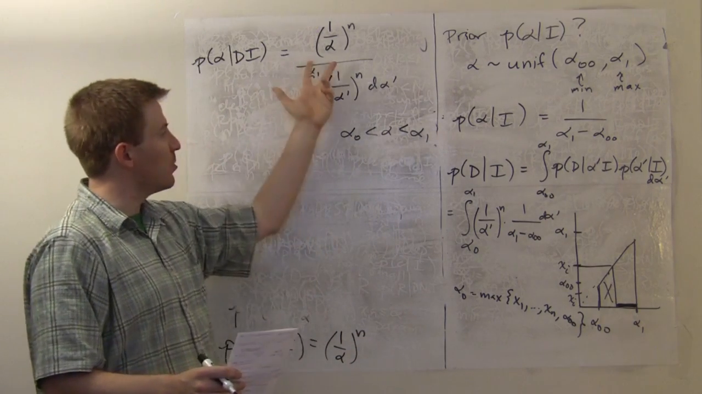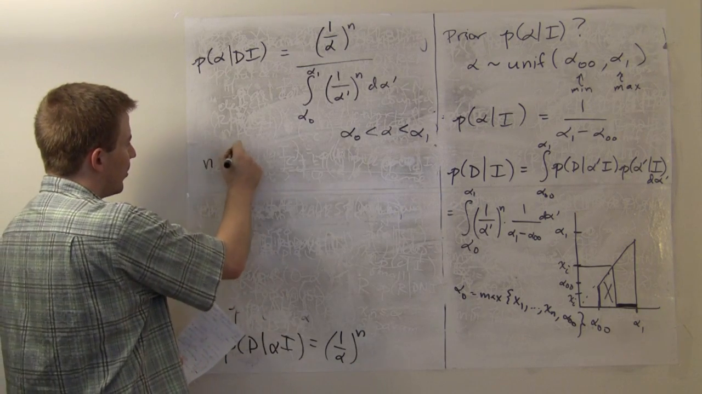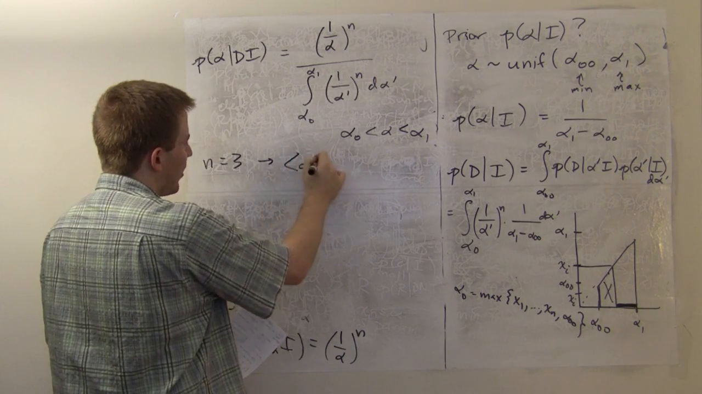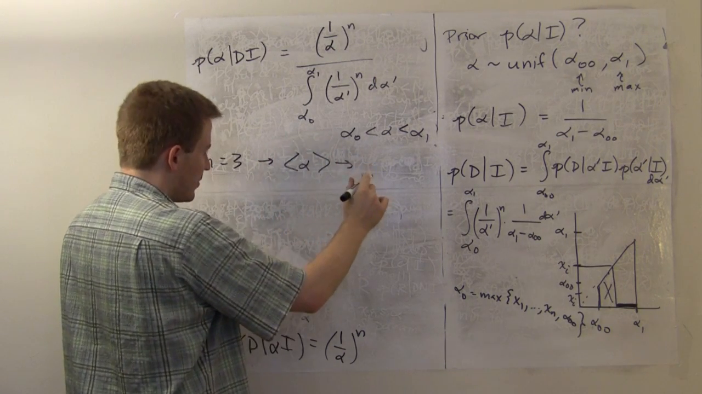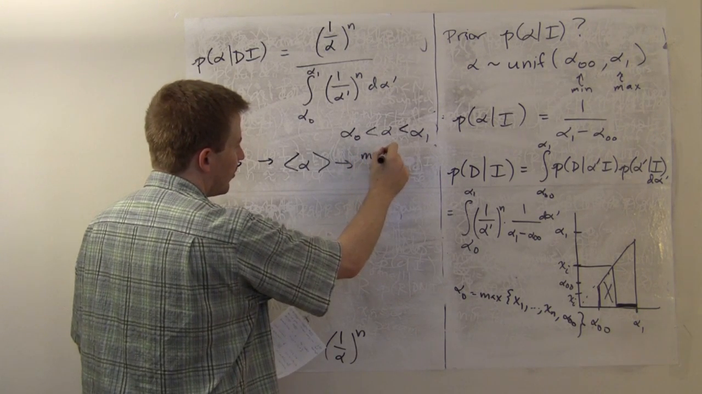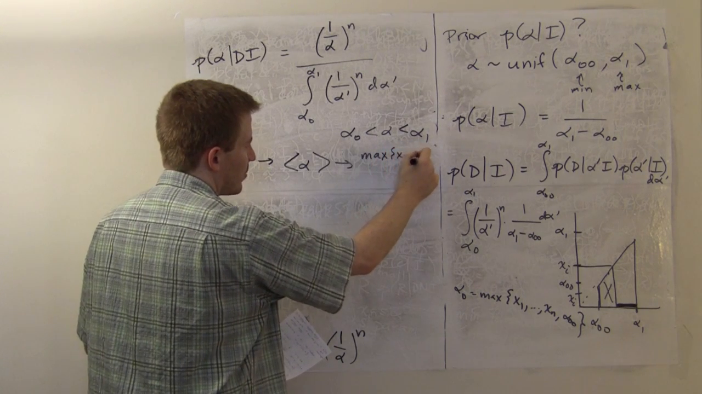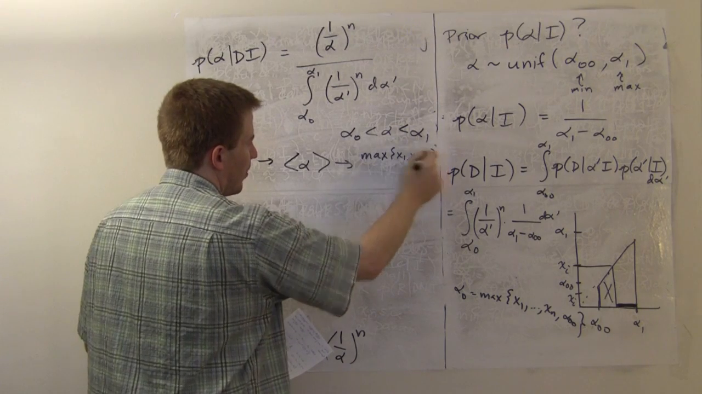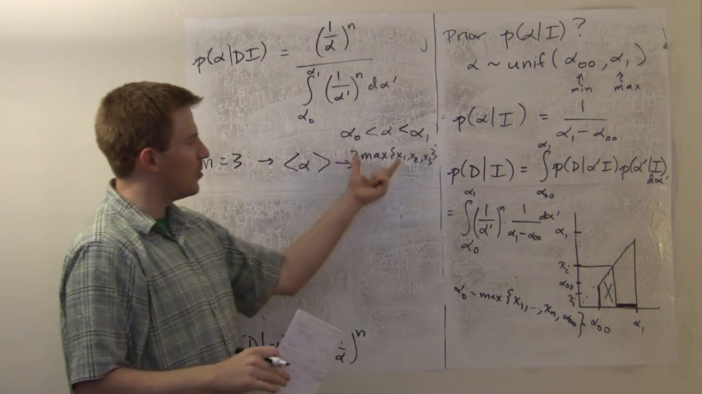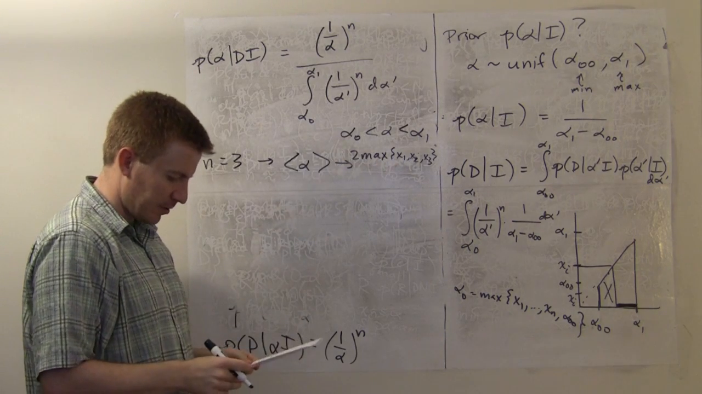It turns out that this distribution has a nicely behaved mean and median, and in particular when you have 3, I think it works out to be that the average value of alpha converges to something like your maximum data value, x1, x2, x3, times 2. So basically, it confirms the intuitive guess that we might have made for the single sample, but it actually works out to be the case for the 3 sample